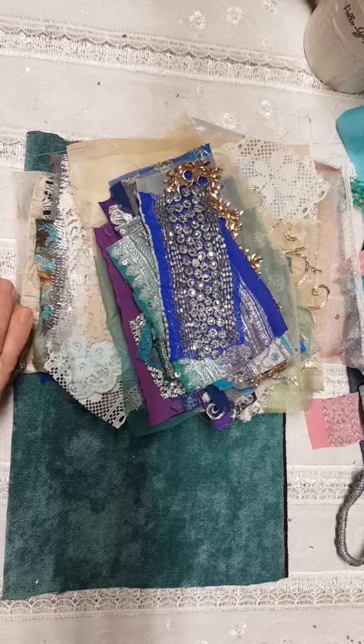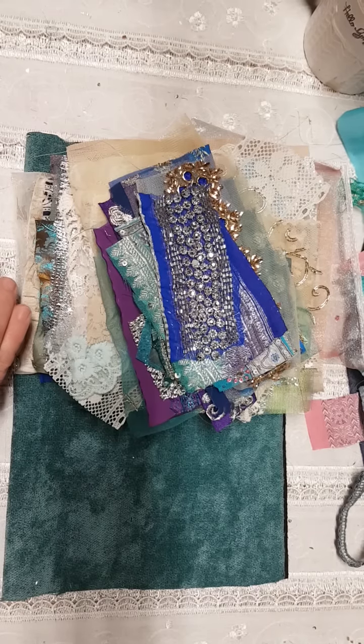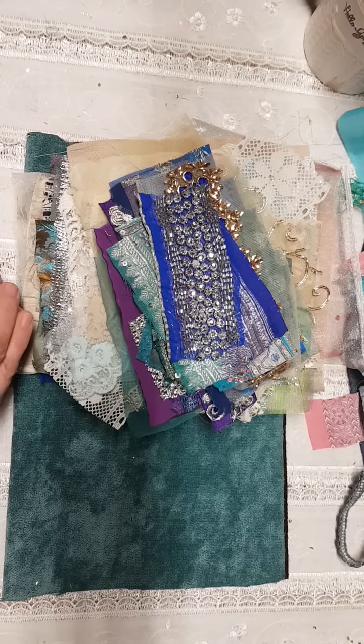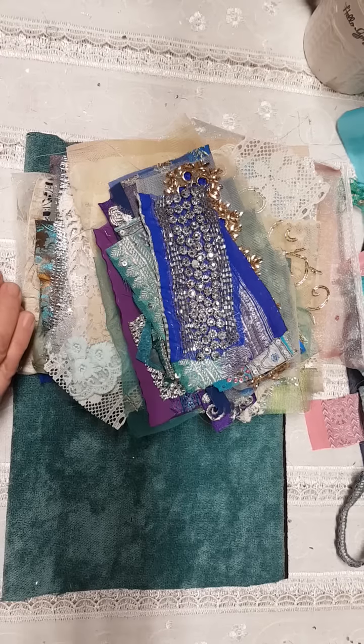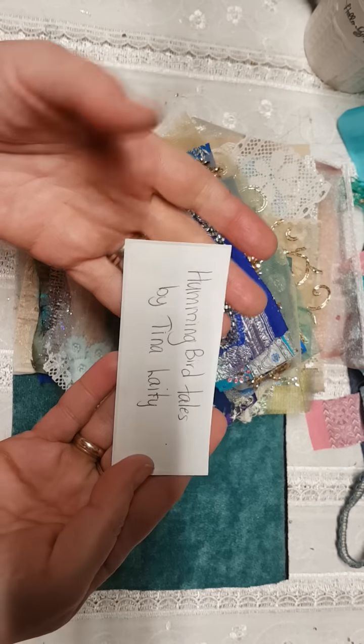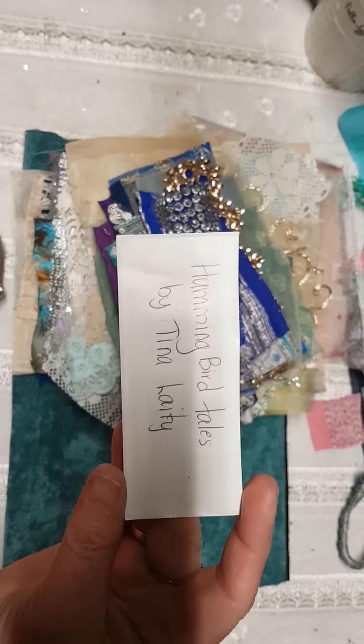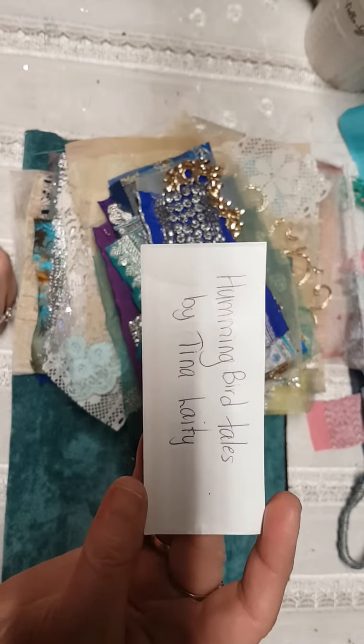I'm going to preview the Winter Frost collection, which was a requested custom bundle before Christmas. And it was just so beautiful that I decided to make more of them. And these are a little bit different because the one that I made for Tina Laity from Hummingbird Tales was just a little bit different. But I've had time since then to go through some of my own stash and pick out some of the laces and some of the other things that make this